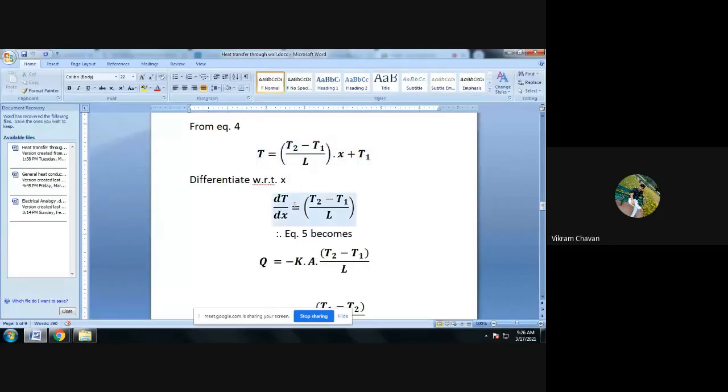After differentiation, we get dT divided by dx, the differentiation of T with respect to x, is equal to (T2 minus T1) whole divided by L. So we have determined dT by dx. Just put this dT divided by dx in equation number 5, our Fourier's equation. So equation 5 becomes